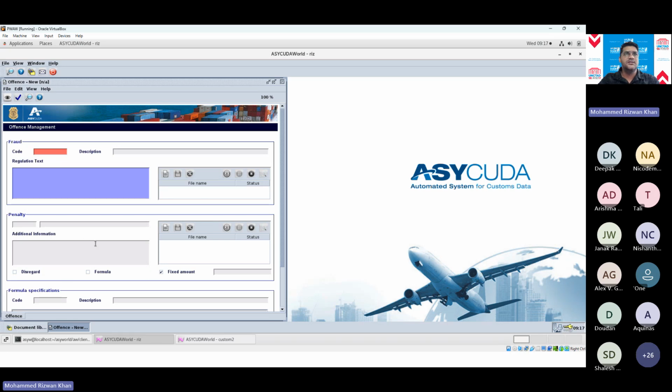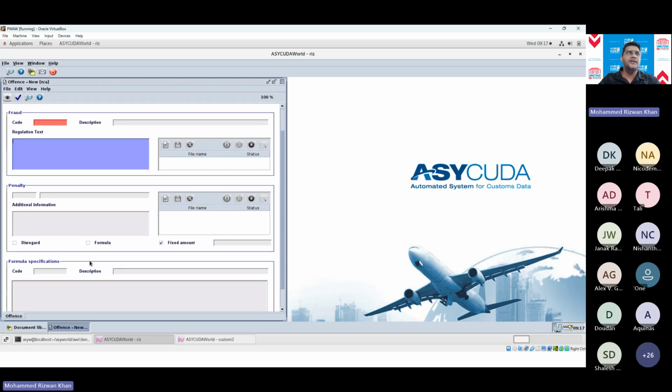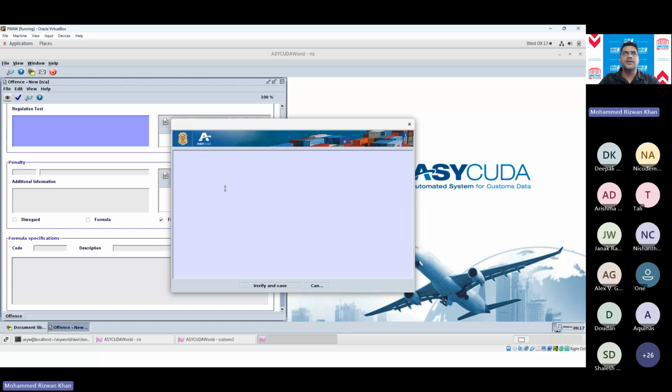Then there's a penalty section. You can have a fixed amount or formula, or if that particular offense does not require any penalty, you can disregard. You can also write your own formulas here to calculate penalties.